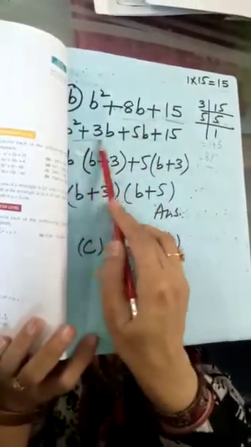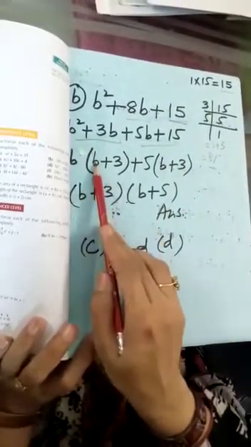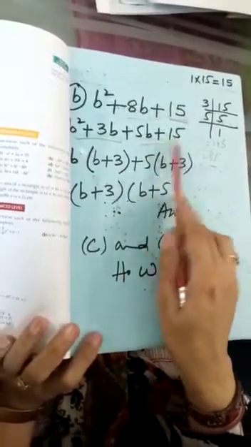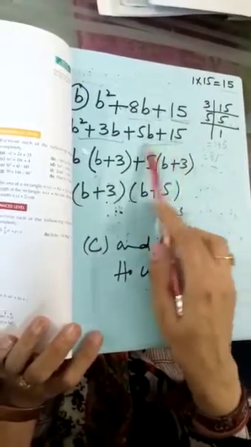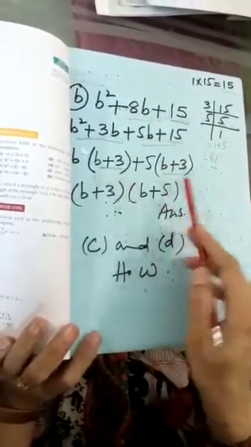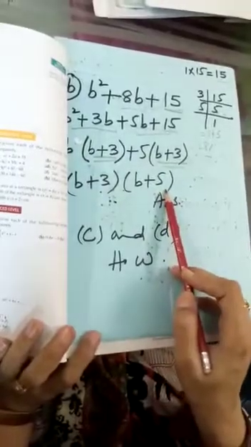Now again you have to take the common between two terms, so b is common here. What is left? b. Make a bracket, b plus 3. Then what is common here? Because 5 is in the table of 15 and in the table of 5, you can take 5 as common here, then it will become b plus 3. Again you are seeing the 2 brackets are the same. This is the main thing which you have to follow. Then b plus 3 and b plus 5 will come in one bracket each.